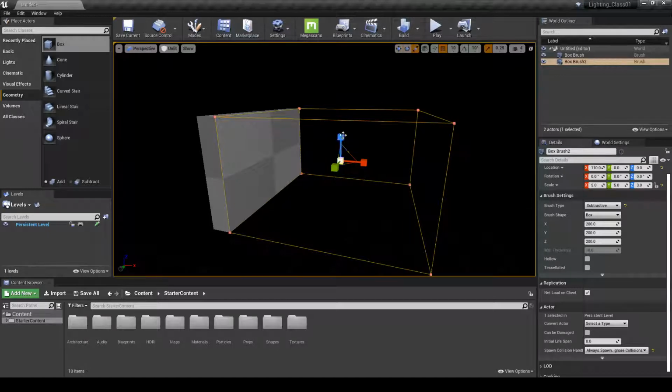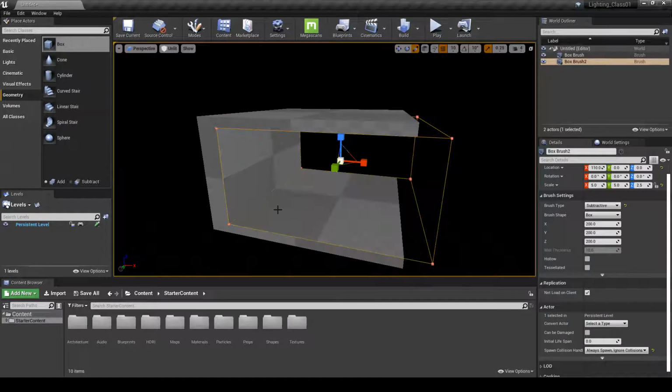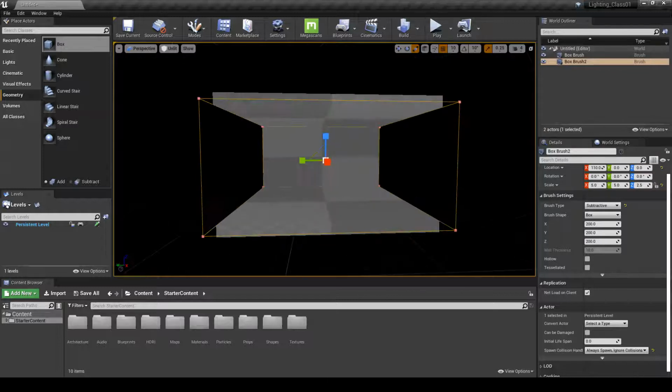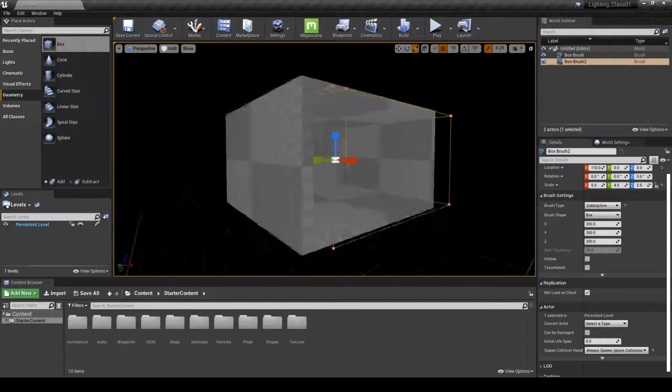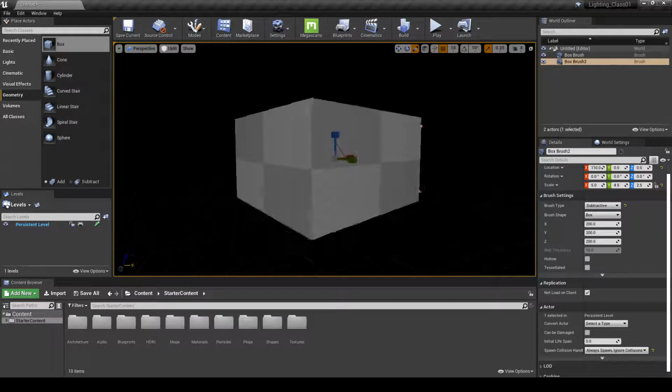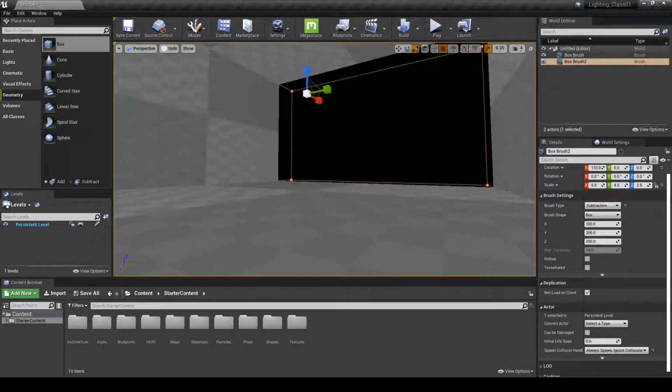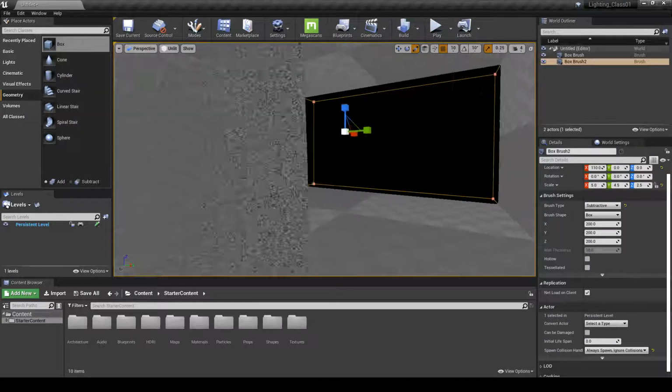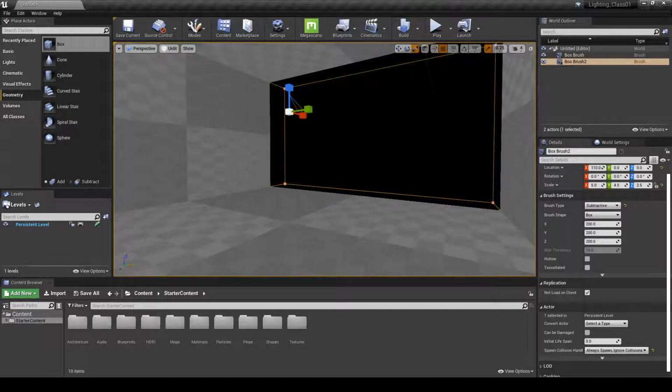Cool, and if I scale this box down a little bit, you'll see it's going to subtract a floor and a roof as well, and we'll bring it in a little bit this way. And then we have some walls on this side and the opening, kind of what we were seeing in our reference shot. If I position my camera somewhere over here, more or less where we were looking at it from,